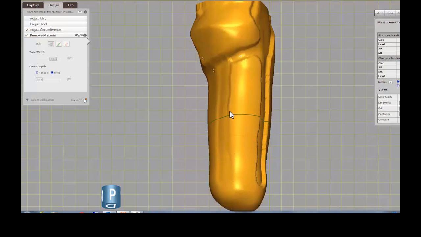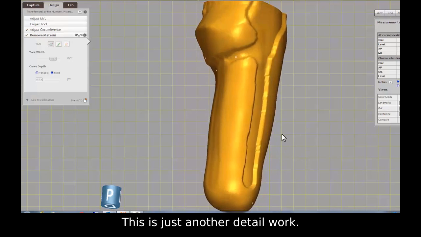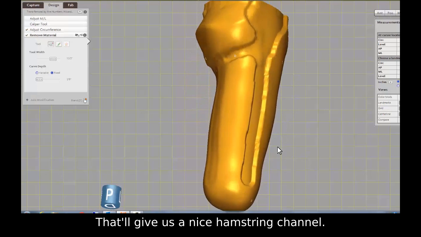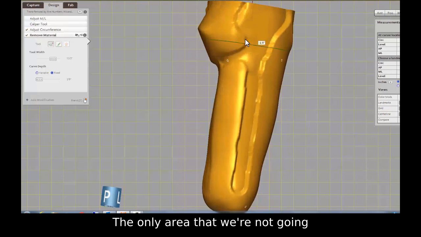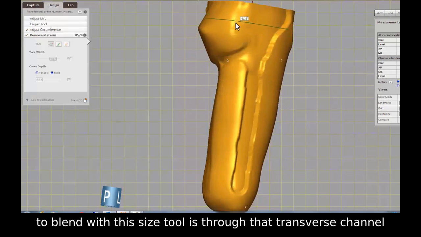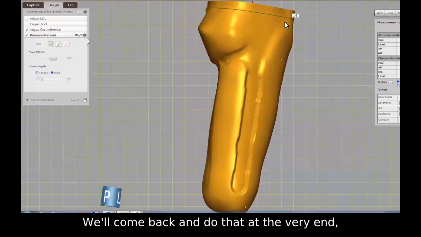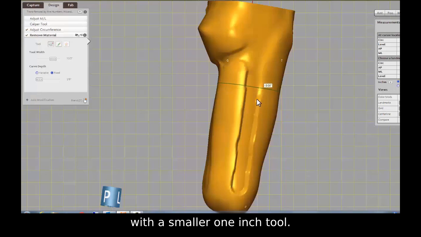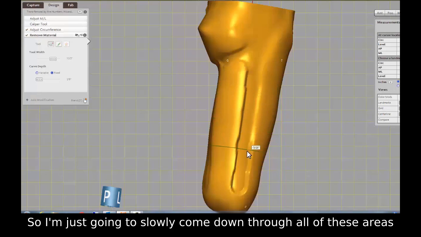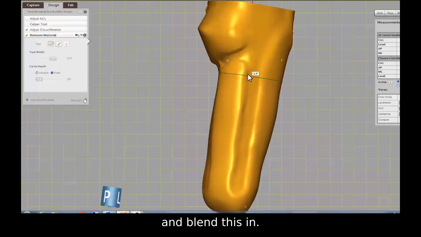Now we're going to go to a 2-inch medium blend. Blend all this together. This is just some of the detail work. That'll give us a nice hamstring channel. The only area that we're not going to blend with this size tool is through that transverse channel area. We'll come back and do that at the very end with a smaller 1-inch tool. So we'll just slowly come down through all of these areas